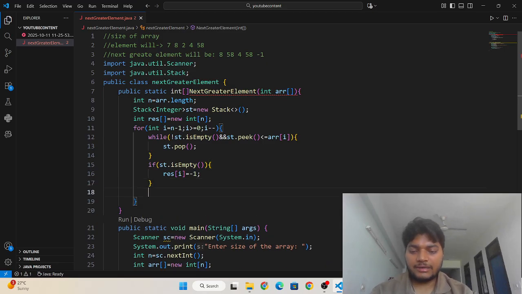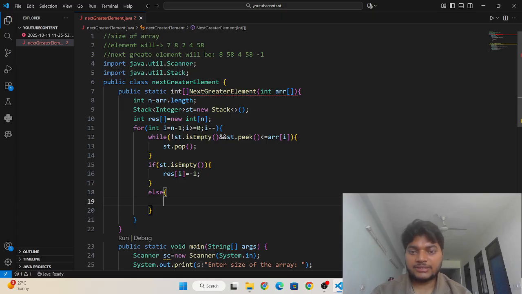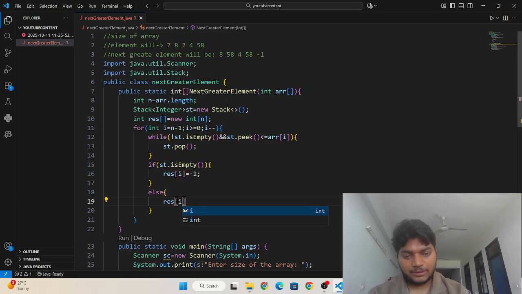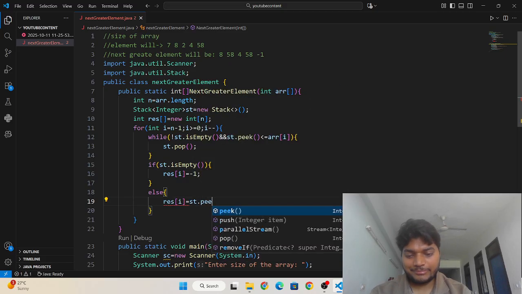And else, the stack is not empty, which means it has the greater element. So our result will be what? St dot peek.